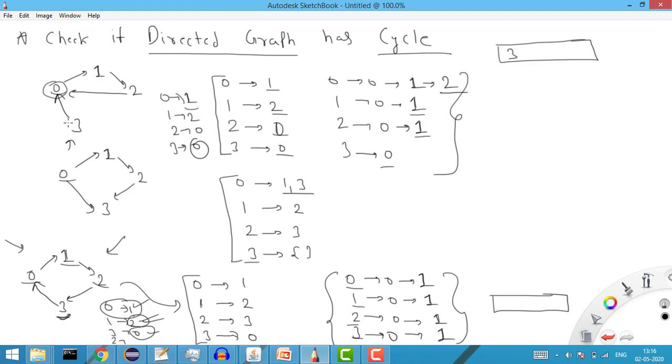Right? Now let's say I remove this point, because from here there is no cycle, but it can happen that other points have a cycle. Like in this case, from 0, 1, 2 we have a cycle. Now I will remove this 3 and get all the children of this 3, because my aim is that once I have gotten these, I will remove this node, and then I will check further.